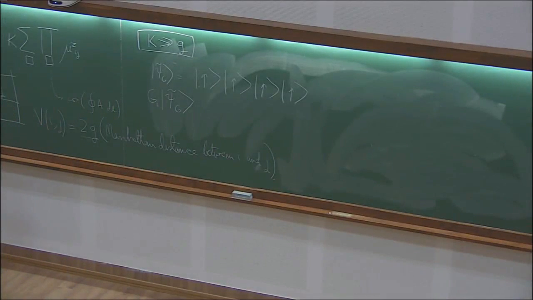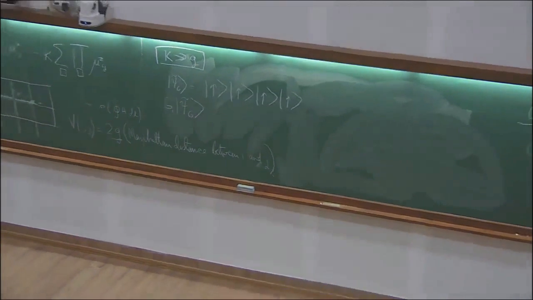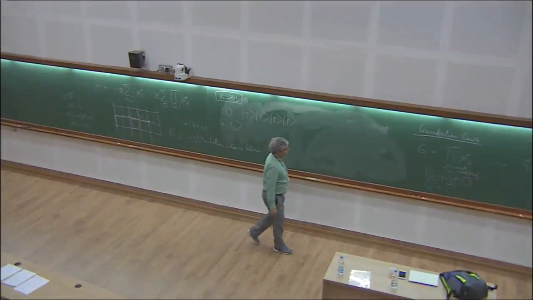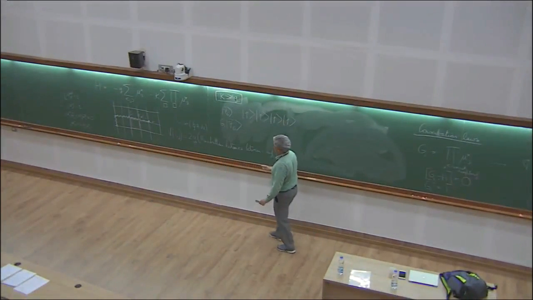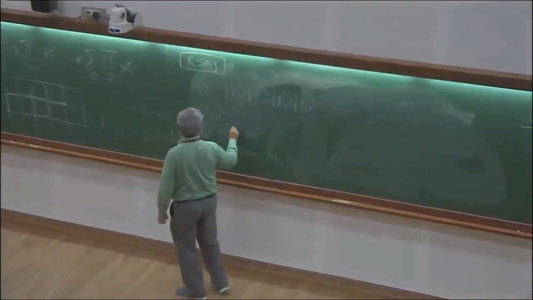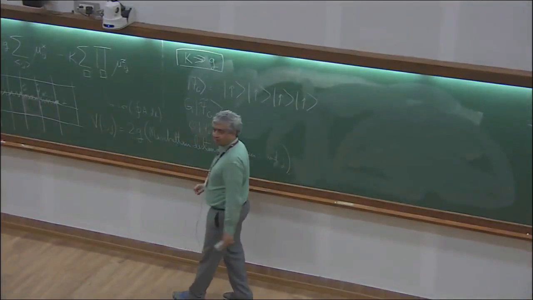It's not 1. In fact, it's nothing. It gives you a different state. So let's just see what it does. And that will also give us what we want. The actual ground state must be such that Gi acting on psi G is psi G. That's what I want. Okay?